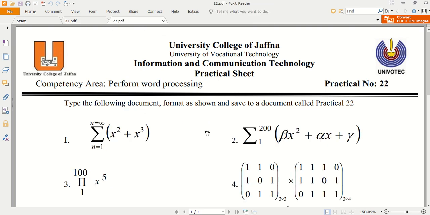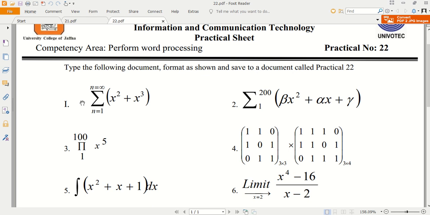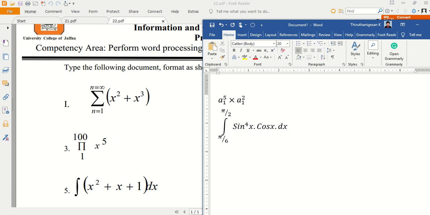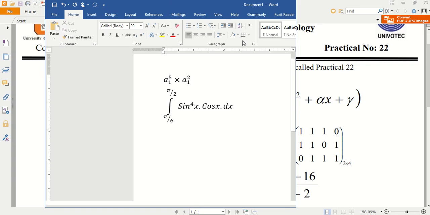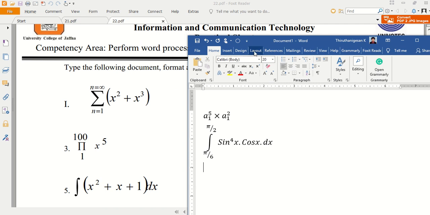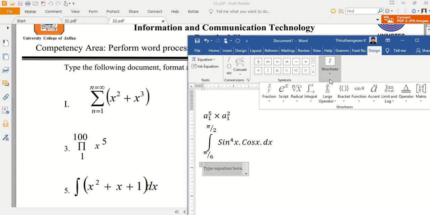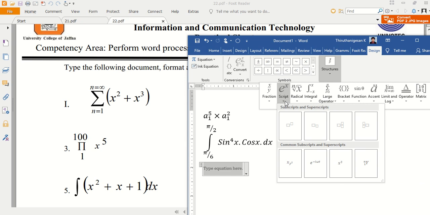But in practical 22 also there are some equations. First we'll see equation 1 in 22. Just go to Insert Equation, Insert New Equation. You want to find the structure of that equation.